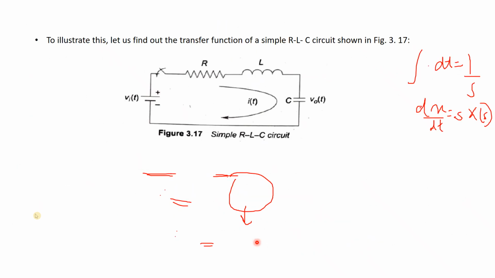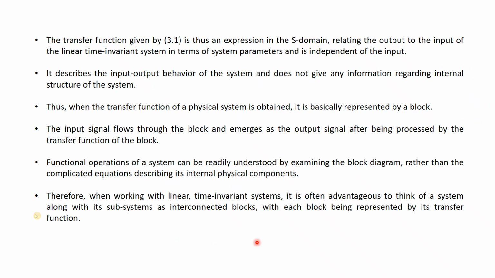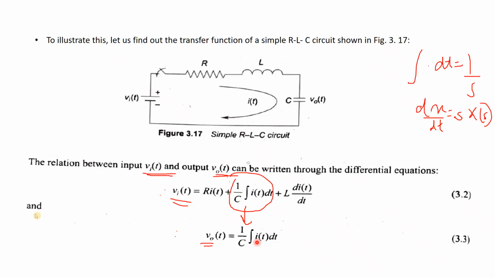Now moving on to the actual circuit diagram. Previously this was an open loop system. This is to be mentioned: the RLC circuit is open loop. Why? Because if you increase the input voltage, the output voltage will also increase, and if you decrease the input, the output voltage will also decrease. That means you are not controlling it.